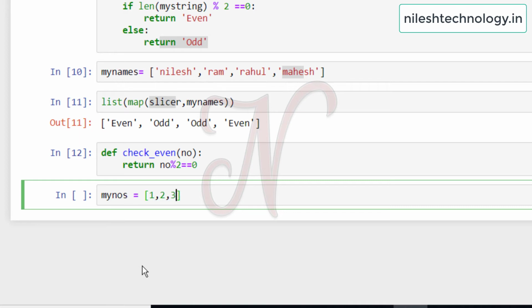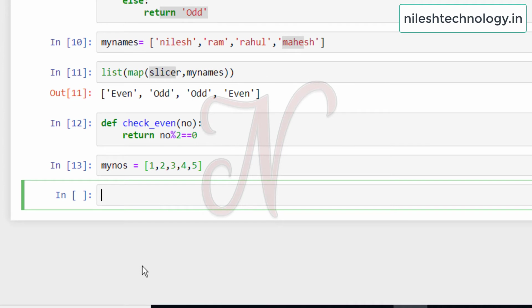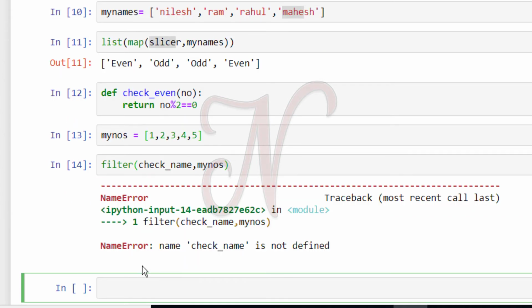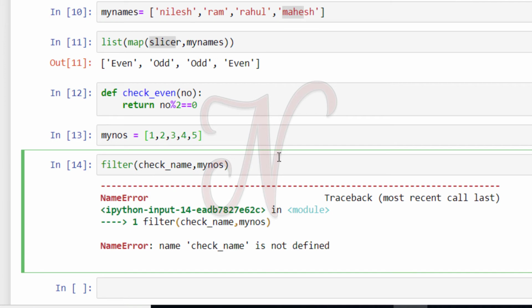Okay, so next my numbers is equal to, this is my new list: 1 2 3 4 5. Then we call the filter function. Same syntax: the first parameter is your function name and the second is your list. Check even, my function name is check even.